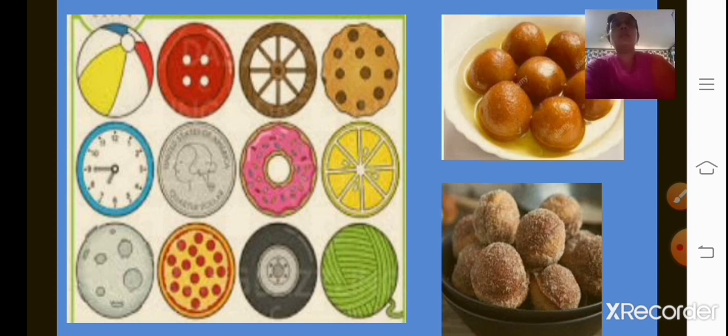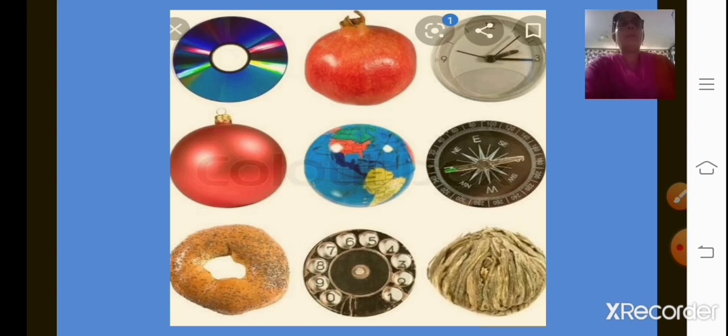Now when you see a ball, a button, a wheel, a clock, wool, lemon half, then laddu, gulab jamun, all these things are round in shape. Apart from that, you can also say CD player, then globe. So in our day-to-day life, we can see all these things which are round in shape.